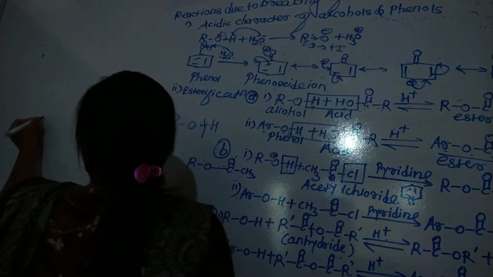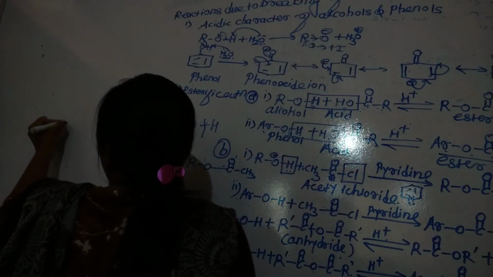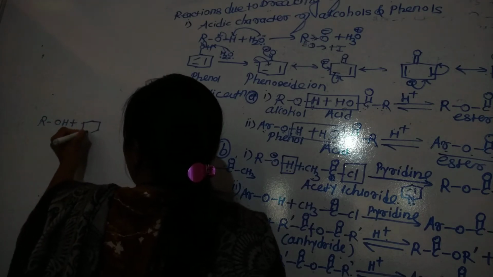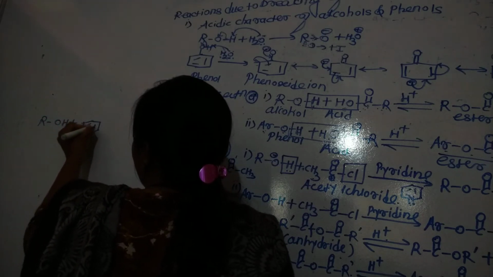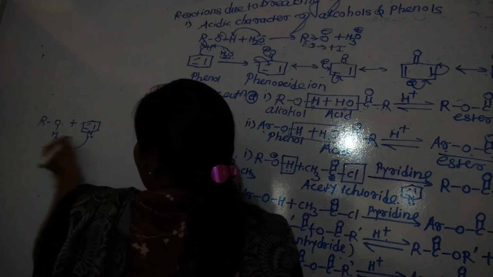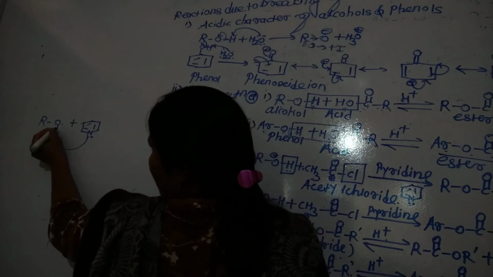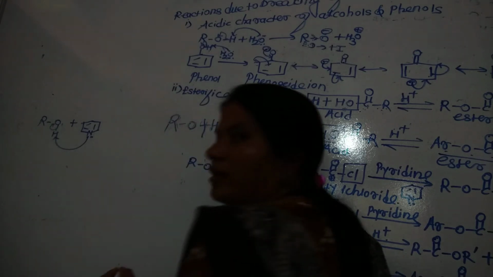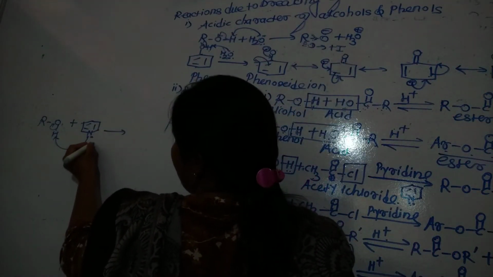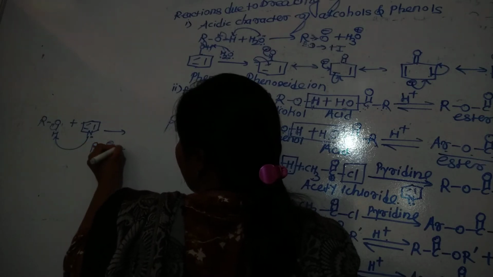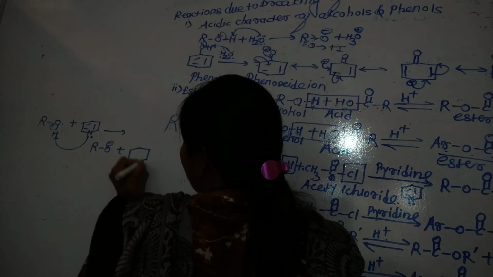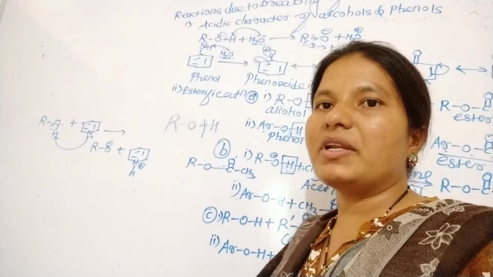You can see here, this is simply alcohol, ROH. When you add a base such as pyridine, what is the role of pyridine? This is pyridine, and this is the hydrogen from the alcohol. This lone pair on nitrogen can take hydrogen from the alcohol. This bond shifts onto the oxygen atom. You must remember what happened in this case. Here RO minus forms, and pyridine takes hydrogen, forming NH plus.